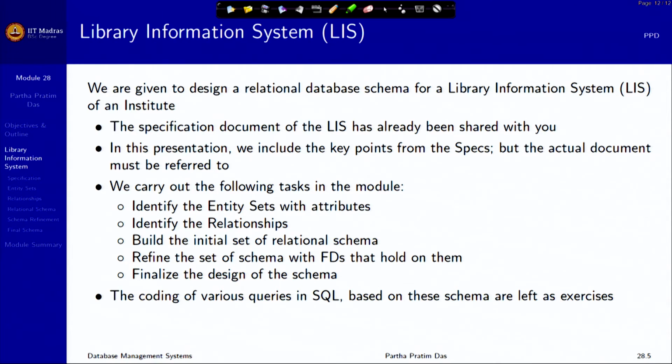The functional dependencies will be hidden in the statements of the document, and we will have to extract those, understand them, and put them in the notation of functional dependencies. Using those we will have to keep decomposing every relational schema to make sure they are in BCNF, and if not, at least in 3NF. And